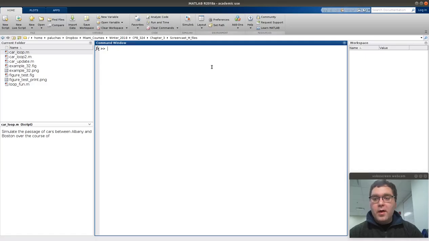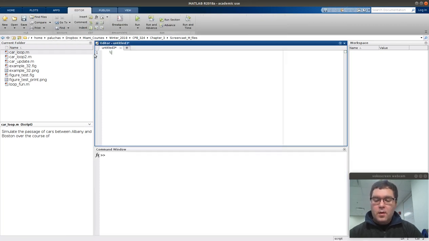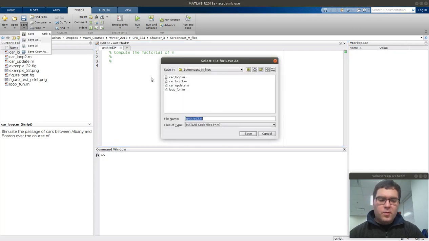Here I am now over in MATLAB, and let's solve the problem. Let's write a script to compute the factorial of n. I'm going to create a new script. Our script will compute the factorial of n. Now when I save this, as was already suggested in the problem statement, MATLAB has a built-in